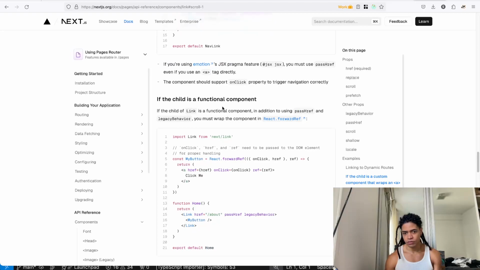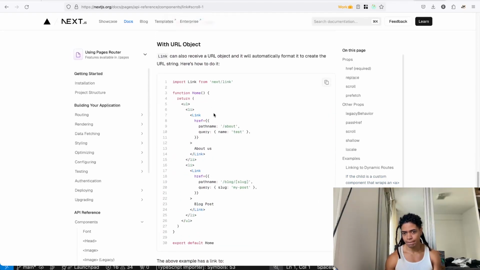If a child is a function component. So by adding a Link tag here, where you say, hey, let's import this from exactly this one.